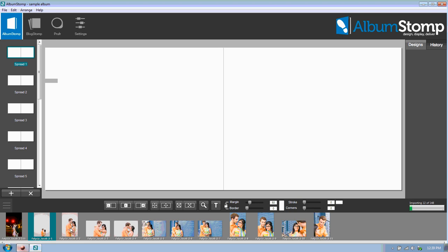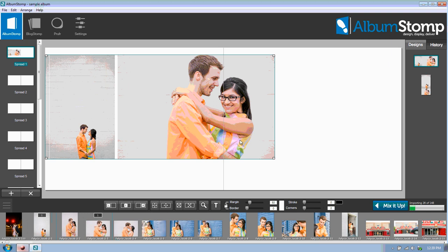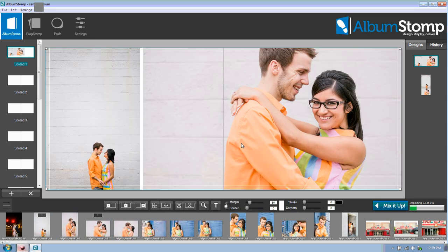Alright, so I kind of like this image and this image. I'm going to select them both and put it on there. And I'm going to, let's right click. Oh, wait a minute. Is it? Yep, right click and then full bleed because I want it across the whole thing. Perfect. The margin is a little too big for me. I generally like the margins to be